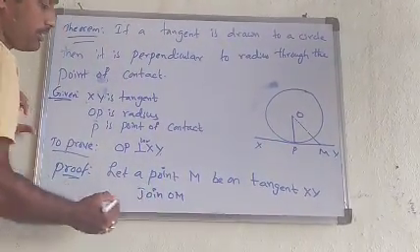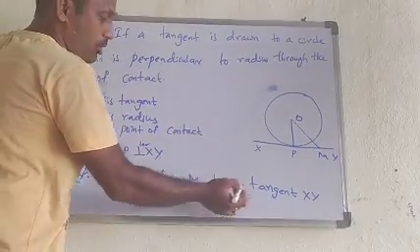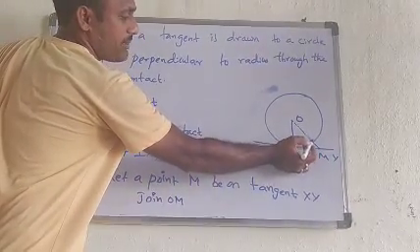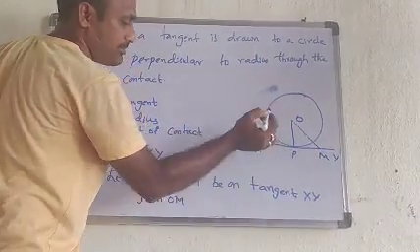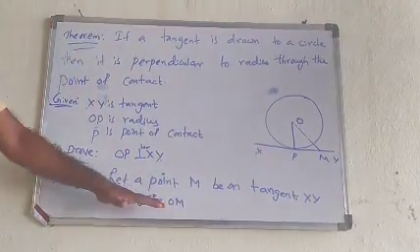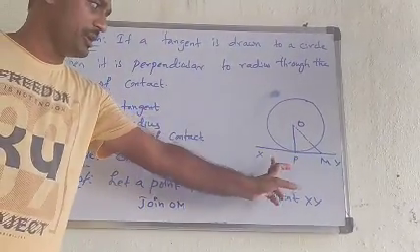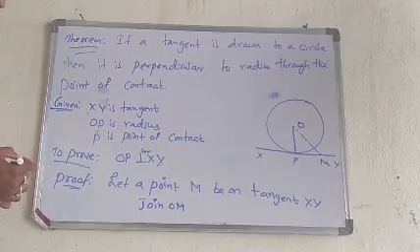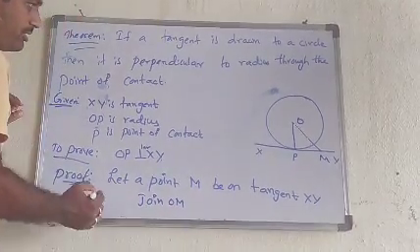So join OM. Now here, why are we drawing the point M outside of the circle? If I draw it inside of the circle, it will become a secant to the circle. So our concept is only tangent. That's why we need to mention the point outside of the circle. So after joining OM,